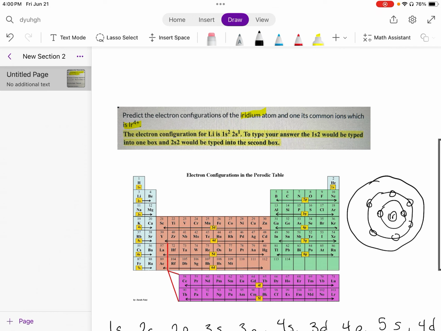Basically, the further down you go, you add one more of these shells. And each shell, obviously because they're bigger, can hold more and more electrons. Okay? We're basically taking that idea,